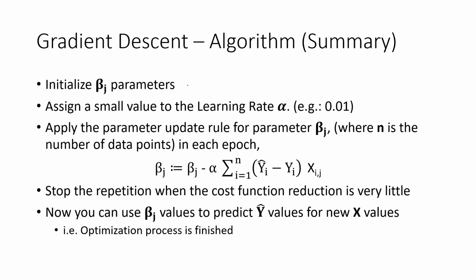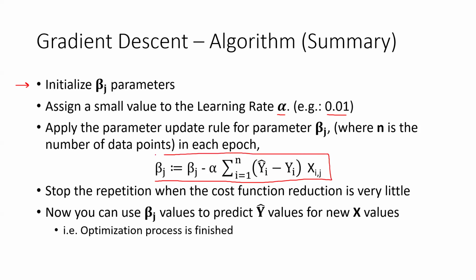So if you want a summary of what we have done up to now: we have initialized the beta j parameters. Either you can initialize them with 0 values, or you can initialize them with random values, right? So you can generate some random numbers and set the values of beta j's, like beta 0, beta 1, beta 2, and so on. And then we manually set some value for the learning rate alpha, something like 0.01. And then we start this algorithm where we apply this update rule,